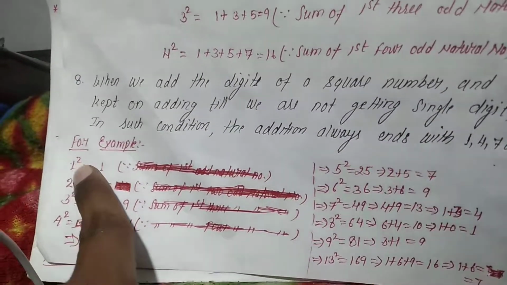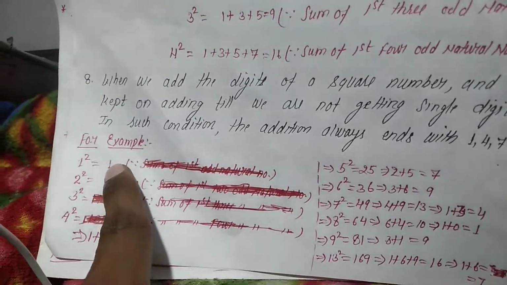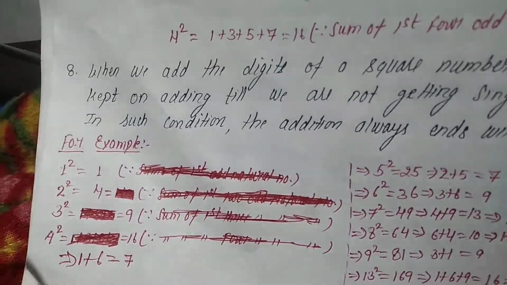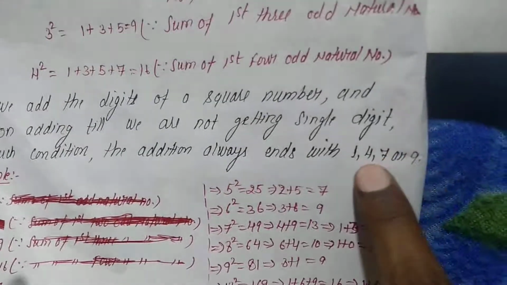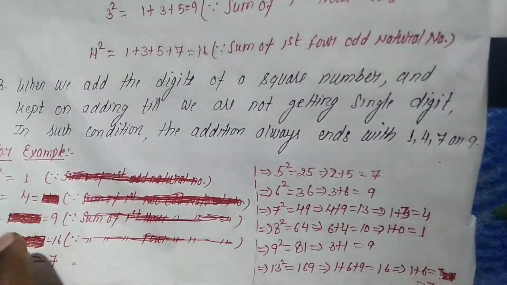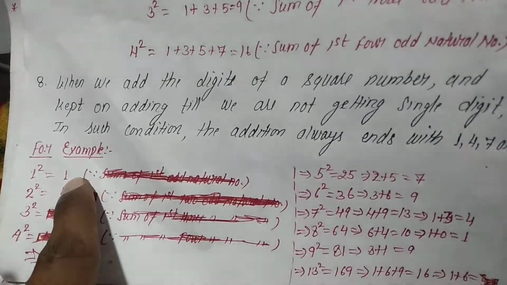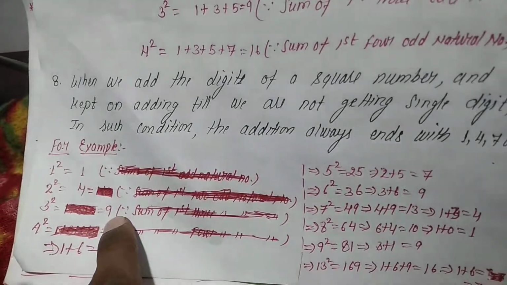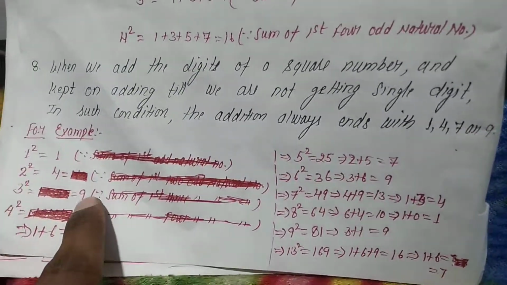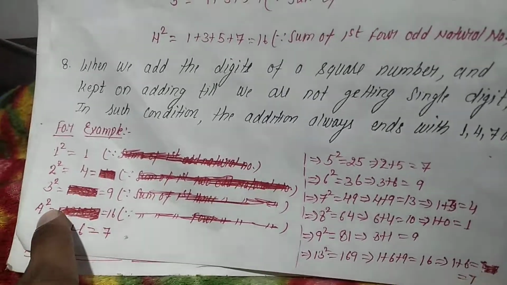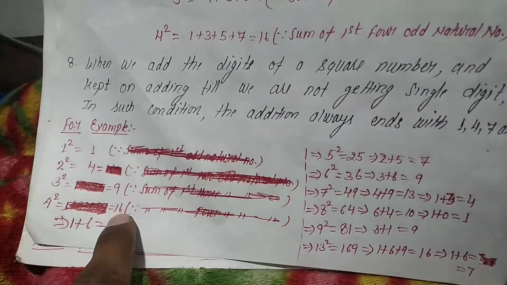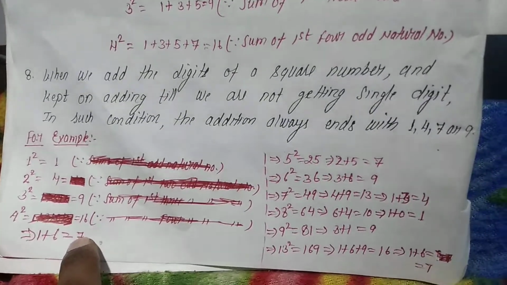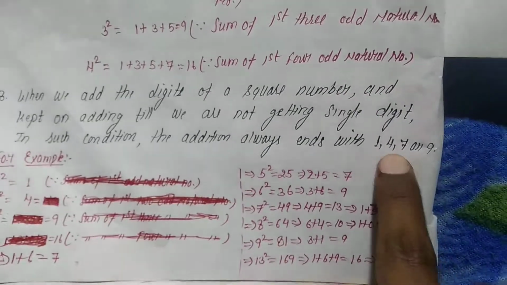For example, the square of 1 is 1, so it is already a single digit, no need to bother. The square of 2, see here, is 4, a single digit. See here, 4 is here, and 4 I have narrated in the property, 1 is also there. Now see, the square of 3 is 9, which is a single digit, so it ends with 9. Now the square of 4 is 16. Now we add these digits, 1 plus 6 we get 7. See, keeping it in a single digit, I have said in the property. See, 7 is here and 7 is also here.